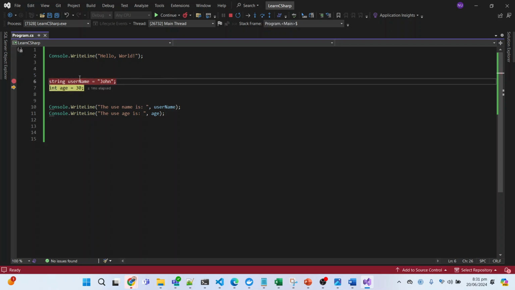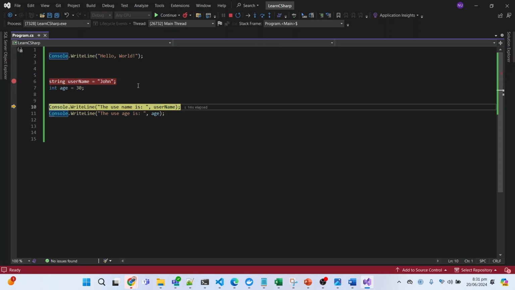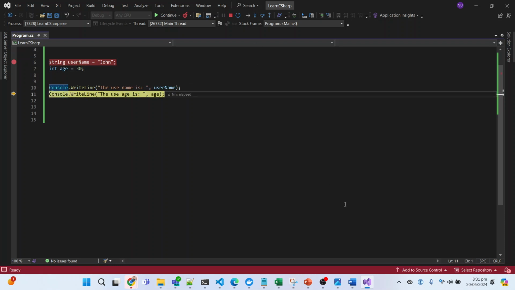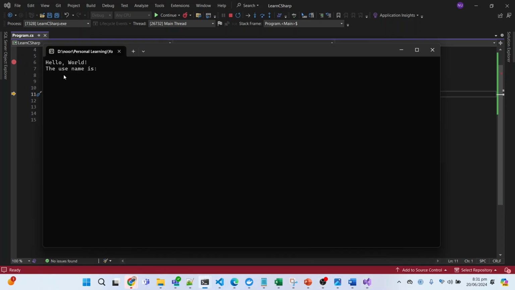Now I can see that the variable name is this and its value is John. If I move over this, currently its value is 0. Let me step over, and if I show you the value, now the age value is 30. Now I will print just the message in the console. Let me step over. If I go to the console, you can see that